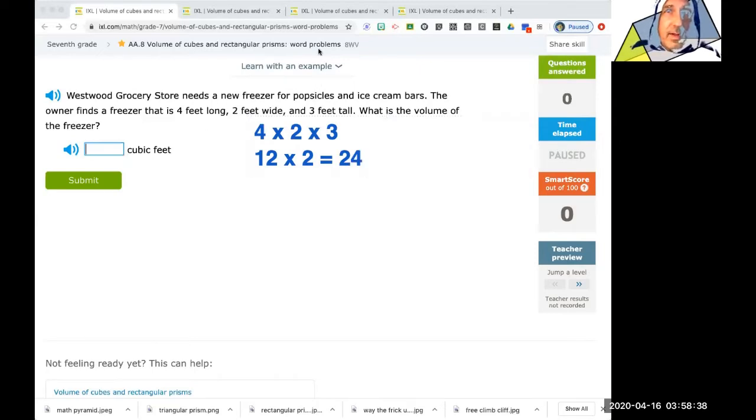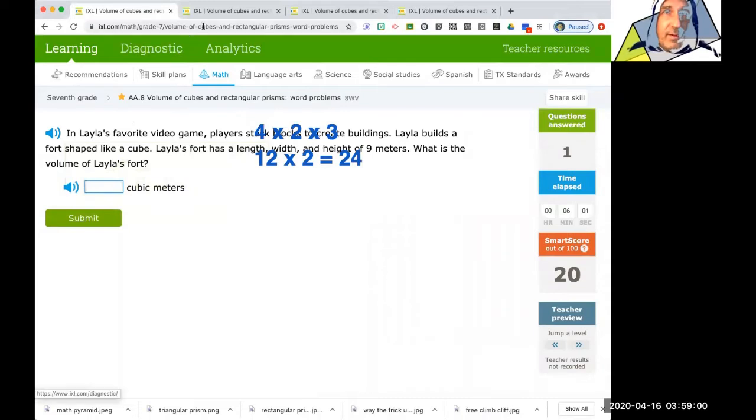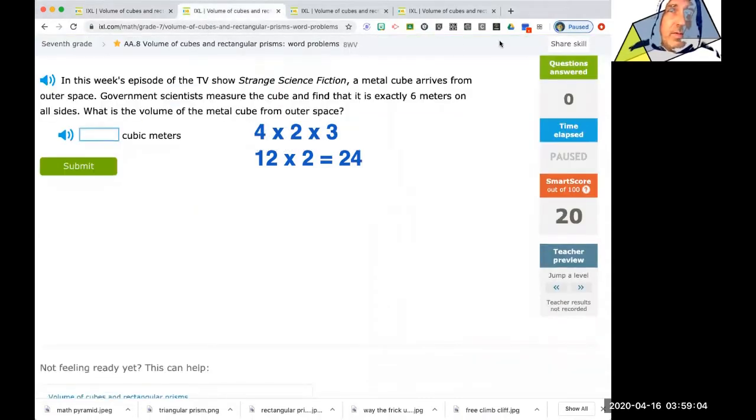Oh, I got to get select. So there's not a whole lot more to this, guys. We're just going to do 3 more problems after this one. 24. Not select. I need to do mouse. I know you guys can't see my little toolbox there. 24 cubic feet, survey says. Yes, fantastic. Let's do level 2, which I guess I could have done the last problem, but